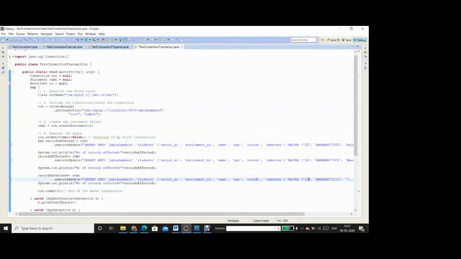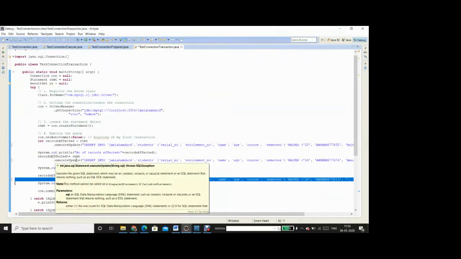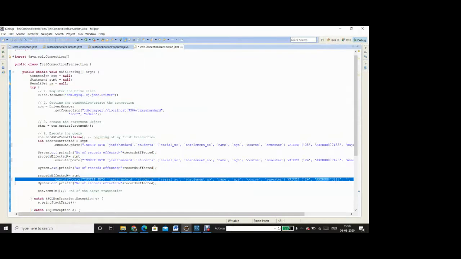So in this case, this particular statement is going to throw an exception, whereas the other two statements, in the case when auto commit was true, would have been persisted permanently in the database, but because the auto commit is false, their effect will not be persisted into the database at the permanent level, but they will still go and wait.